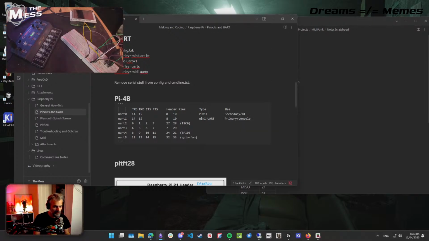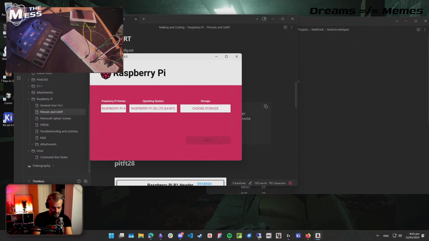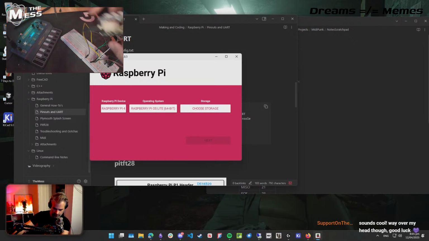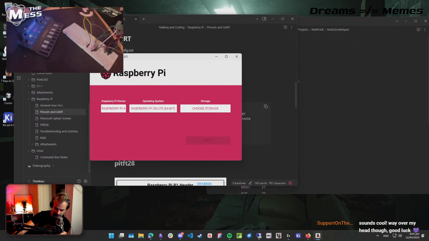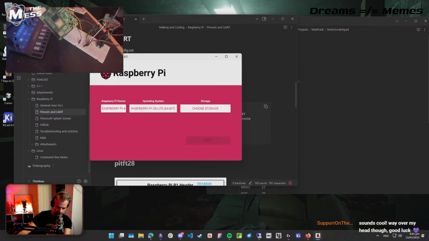get back into it. What am I doing? Raspberry Pi, continue. That has installed now, so I can now remove the card from the reader. Don't mind if I do. I'm just going to pull off the screen for now. So we just got the beautiful Raspberry Pi board there, and I will